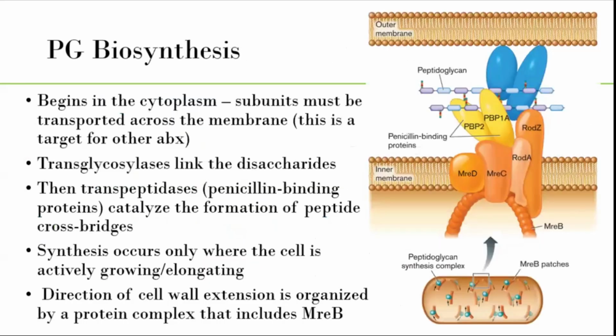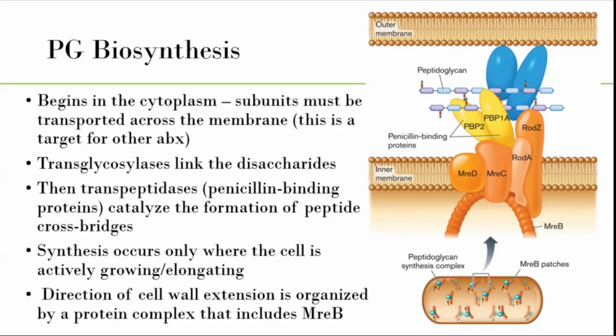All right. So here we see those penicillin binding proteins, the transpeptidases, and they're working on the peptidoglycan. Now, to make all of the disaccharides come together in the long chain, the glycan chain, we use transglycosylases. Those just link the sugars together. And the synthesis of this is only going to occur where the cell is actively elongating. So only at the points where the cell is growing do we have to come in and fill it in